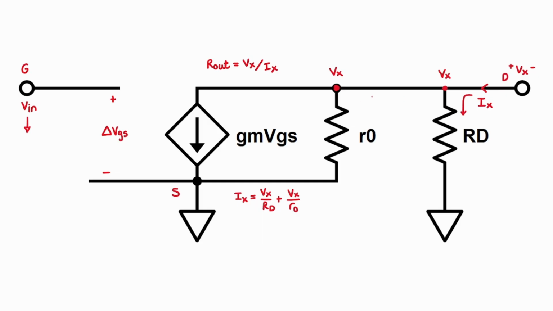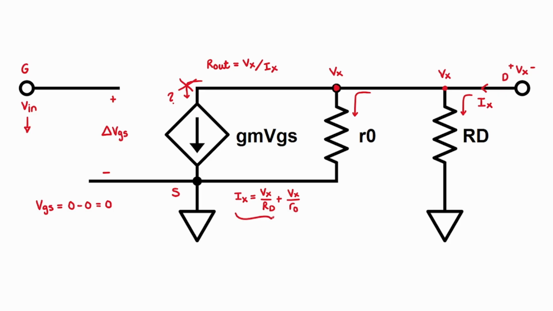Is there another branch for our current to go through? Remember that in order to find the output resistance of this amplifier, we shorted our input voltage. This means that VGS is just 0 minus 0, which is 0. That means there is no current conducting through this final branch, and our expression for Ix is complete